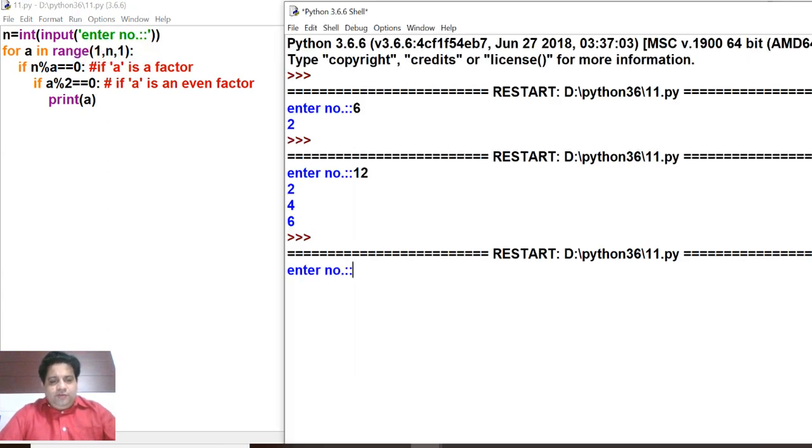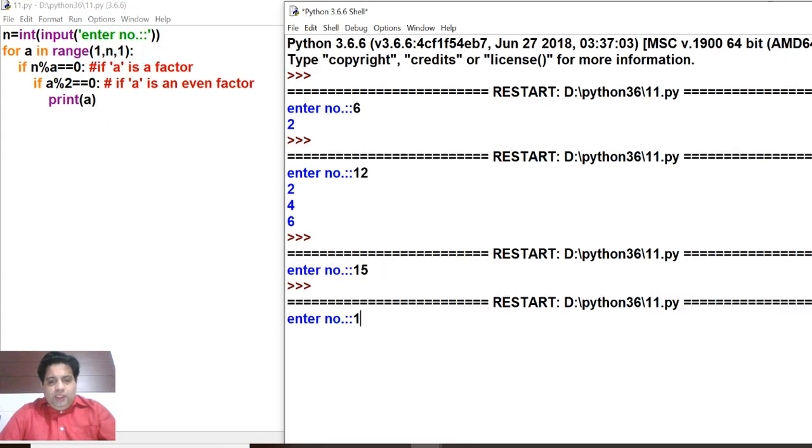Now suppose I give 15. There is no even factor of 15. No output is there. Again run the program. 18. Now what are the even factors of 18? 1 is odd, 2, then 3 is odd, 4, no, 5, no, 6, then 9, 9 is odd. It means only 2 and 6.